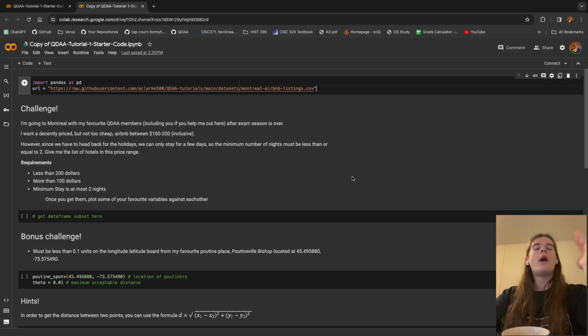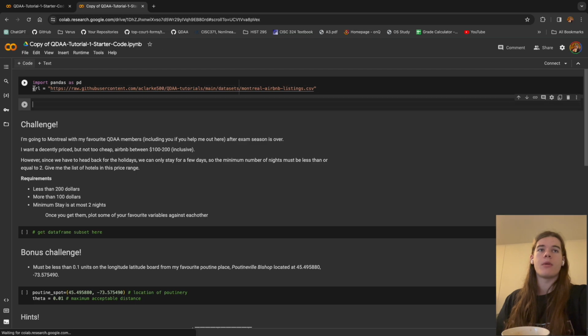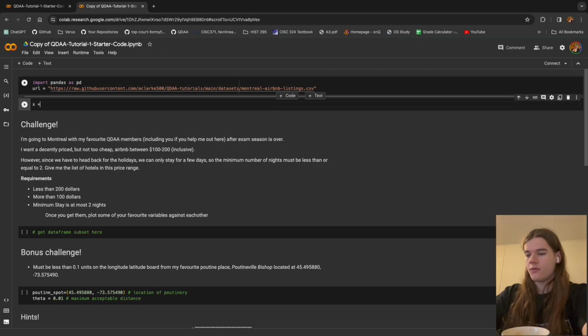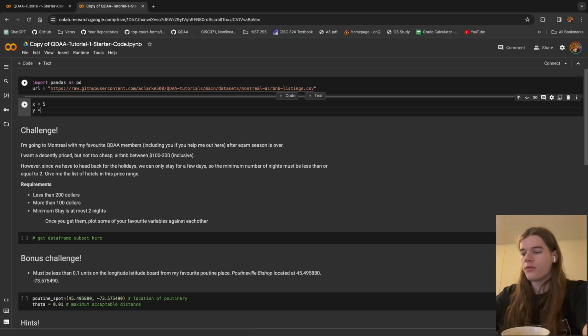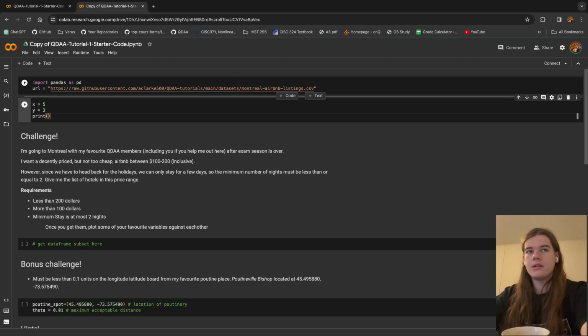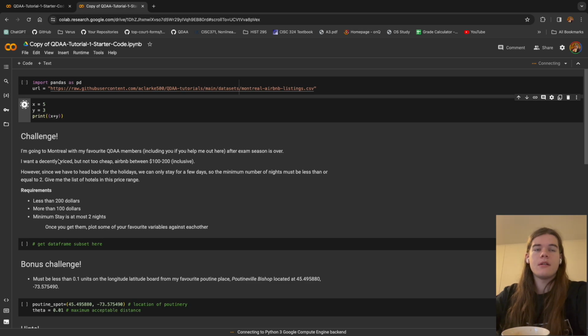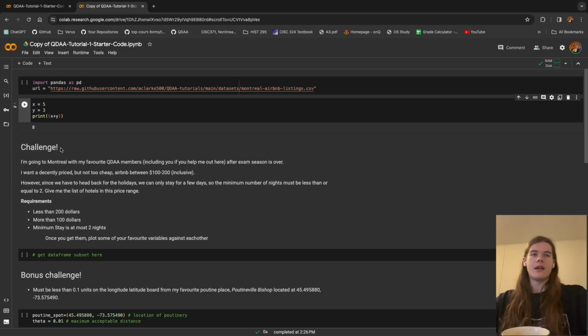So the reason we're using these Google Colab things is they let us run code in the browser, right? So I can say x equals 5, y equals 3, print x plus y, and this should give us 8. It'll take a little bit, but you can run Python. See, we got 8. These allow us to run Python in the browser. And this is really great. It's really important because